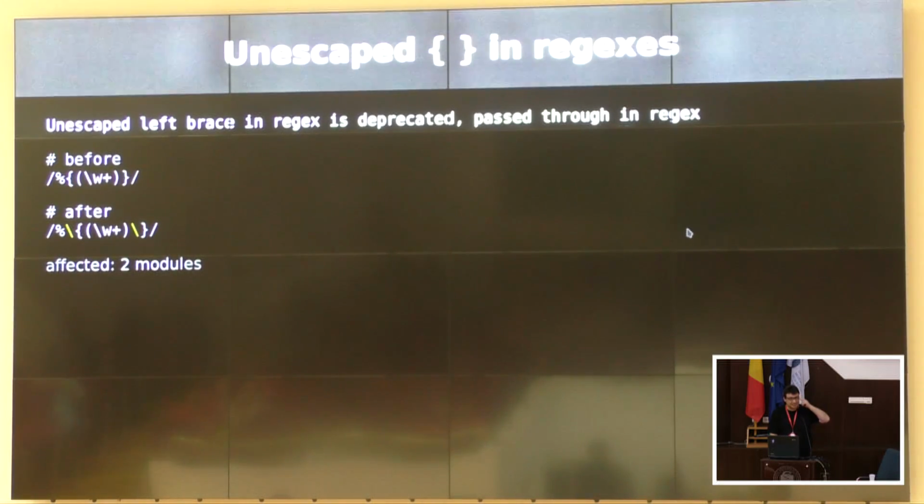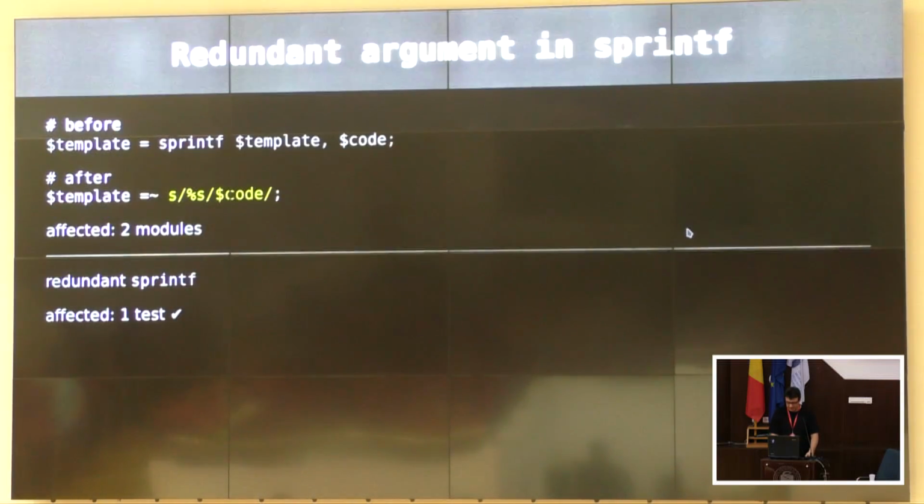I think that was actually private copies of datetime, which we had to have some private patches for. But yeah, trivial to fix, just a bit annoying. This one is more interesting, redundant argument in sprintf, because sprintf has started warning about arguments that are not used